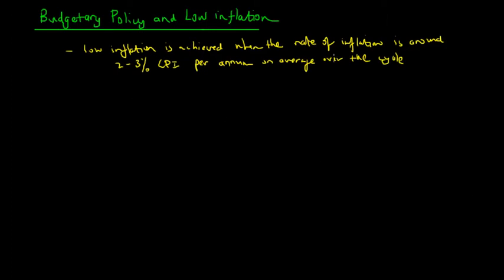This is all part of the federal government's goal of domestic economic stability. This relates to 3 goals: 1, low inflation; 2, a strong and sustainable rate of economic growth; and 3, the goal for employment. So we're going to see how budgetary policy, in this lecture, can affect